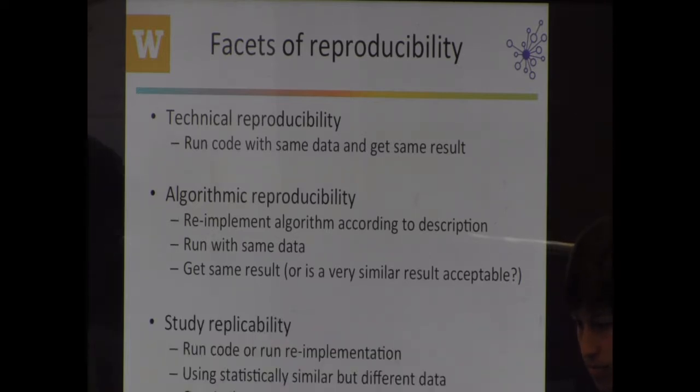So the last one is then, can the study be reproduced? So in principle, there is an equivalent set of data that you have collected, and there is a re-implementation of the algorithm. If you did the study over again, could it be replicated, right? So I often think in these three levels, and the first one can be the hardest one to get right, and we'll talk about some basic strategies for dealing with that.